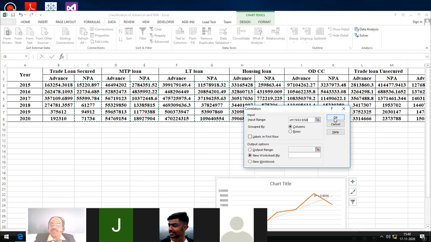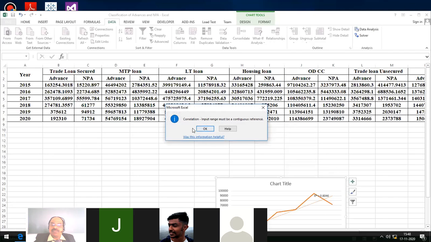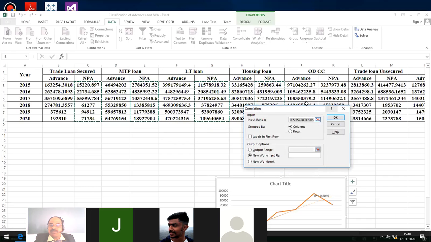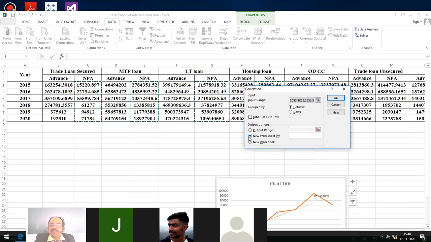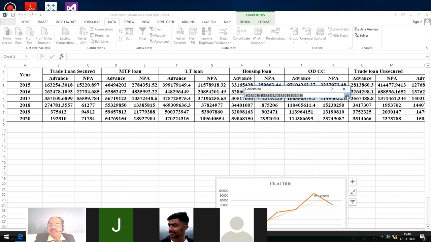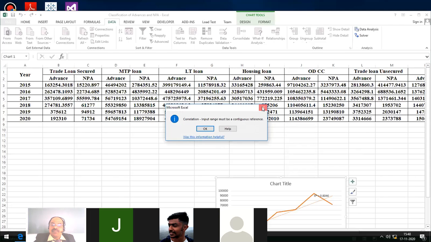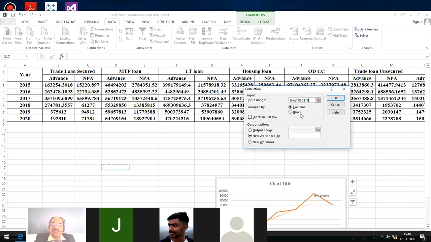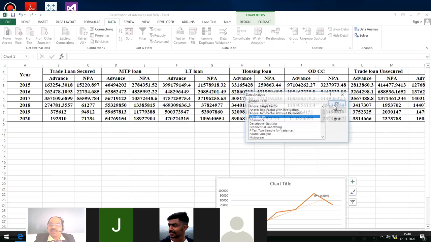Once I selected, I had not given the reference. Okay, no problem. Labels, output range. Continuous reference, okay. We'll cancel that one.